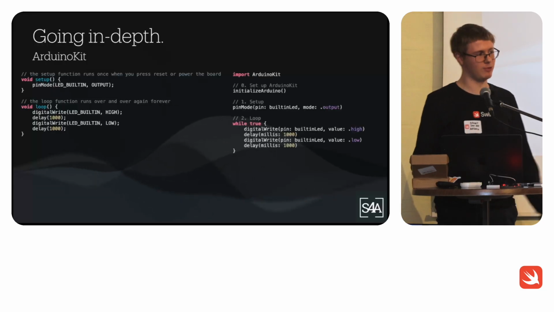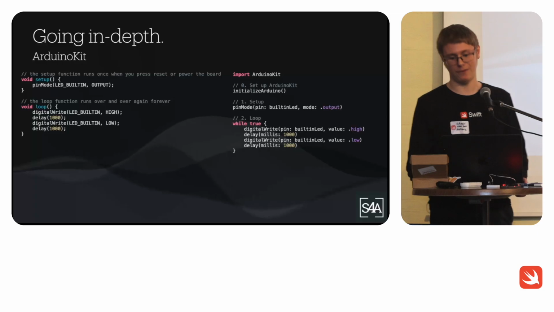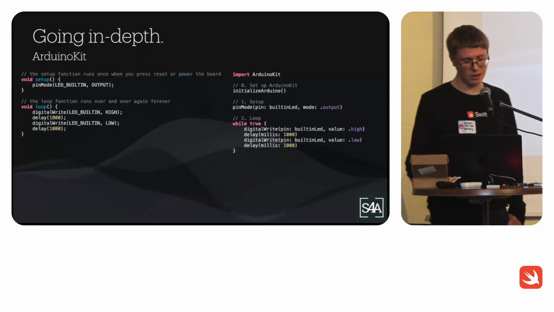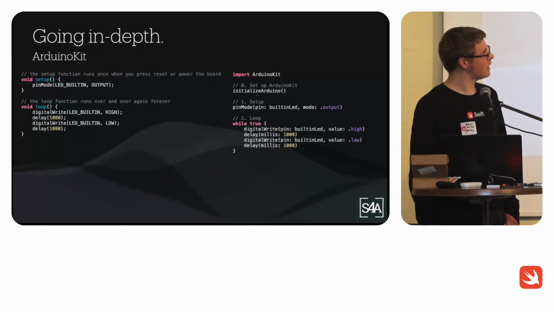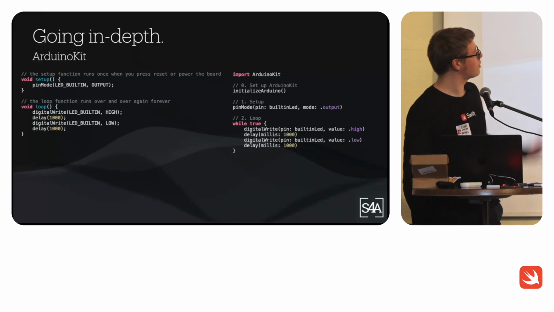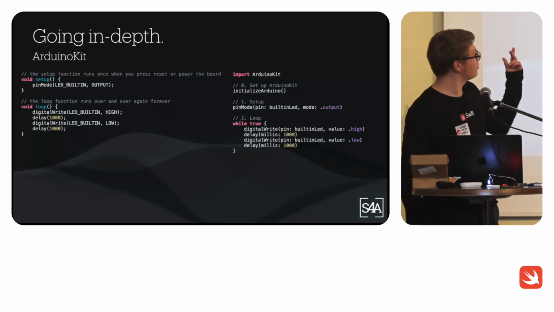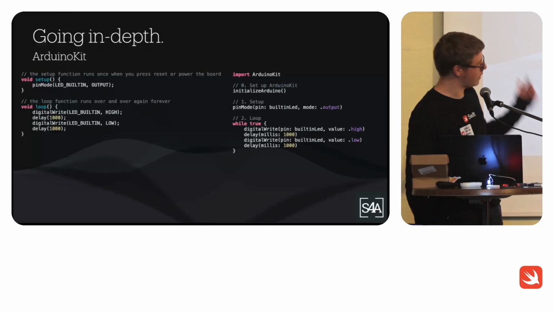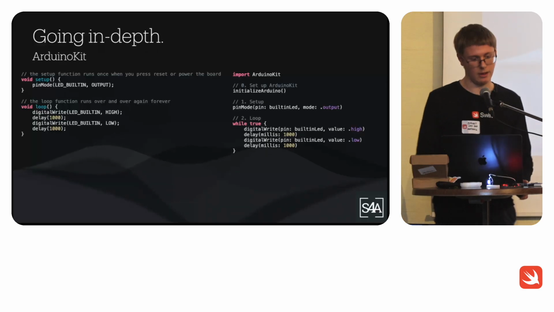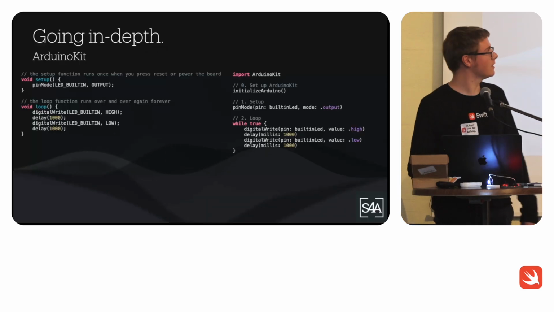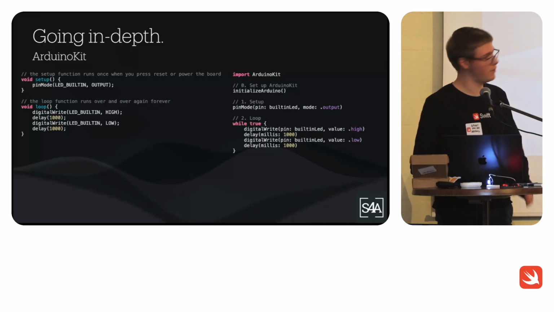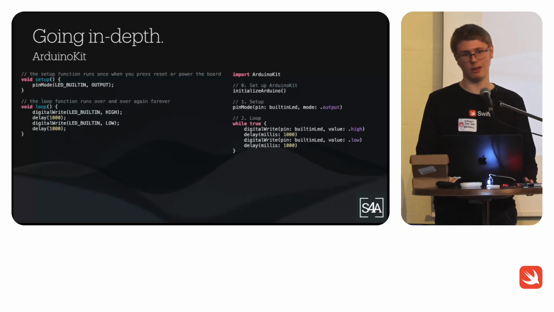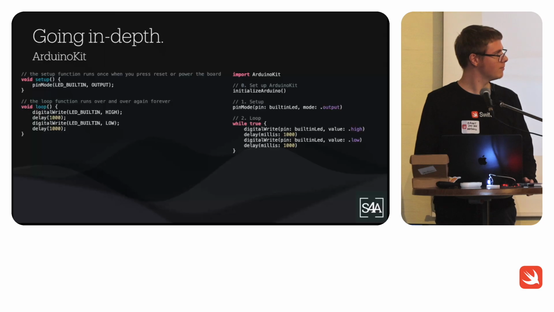This is what it looks like in ArduinoKit, and most importantly, this is Swift. And as you can see, it makes a lot less assumptions than C does, because LED_BUILTIN, OUTPUT, HIGH, LOW, I don't know, these could be anything. In Swift, we have clear enums, and it's fully type safe, and well, you can try to break it, but